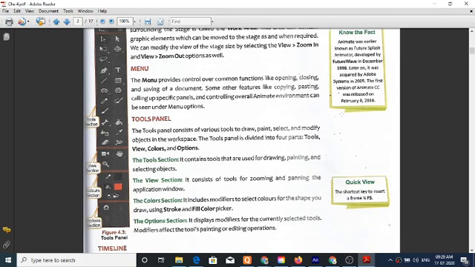This is used for filling colors. Pencil tool, brush tool are used for the color section commands. The option section displays modifiers for the currently selected tools. Modifiers affect the tool's painting or editing options.